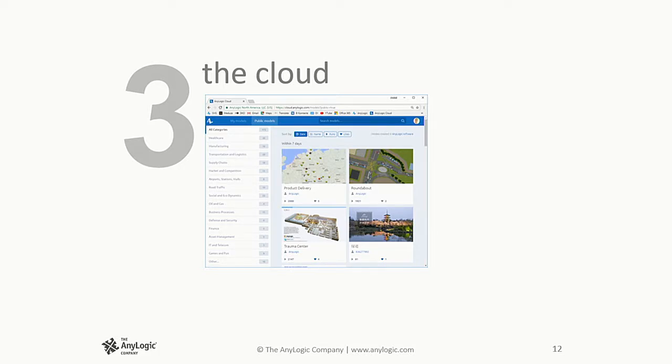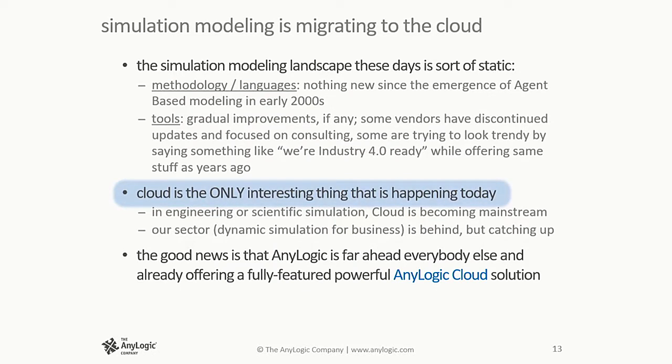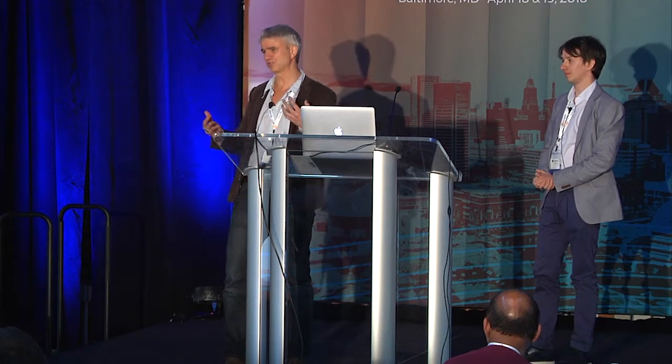Cloud is there, cloud is getting better, cloud is developing and getting more and more users. So, okay, here I was going to say that simulation in the cloud is the only interesting thing in our technology that is happening today. And that is to a certain extent true. Well, if you think of artificial intelligence linked with simulation, of course this is a much more exciting and newer thing. But if you just take the simulation technology itself, like languages to create simulation models, methodologies,